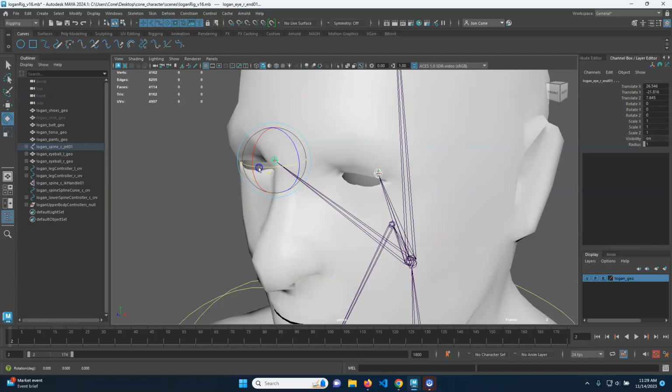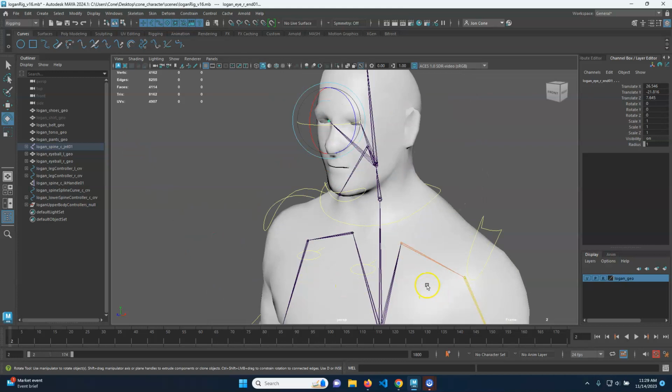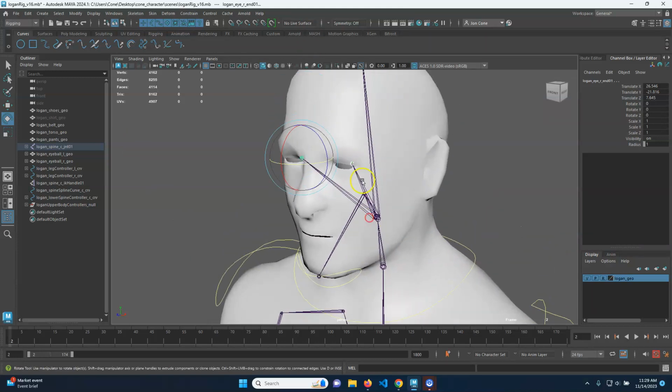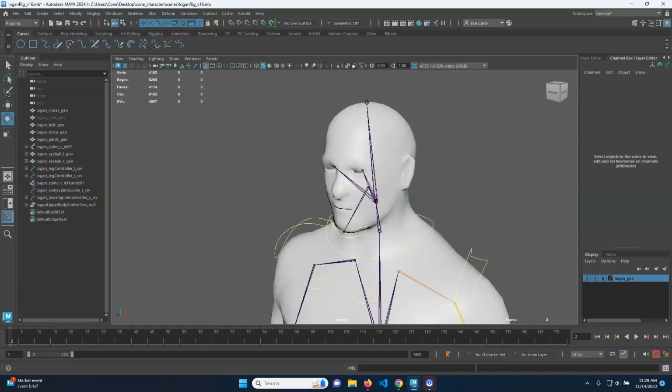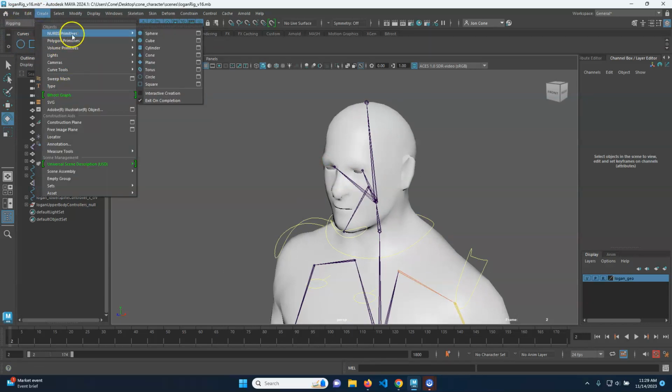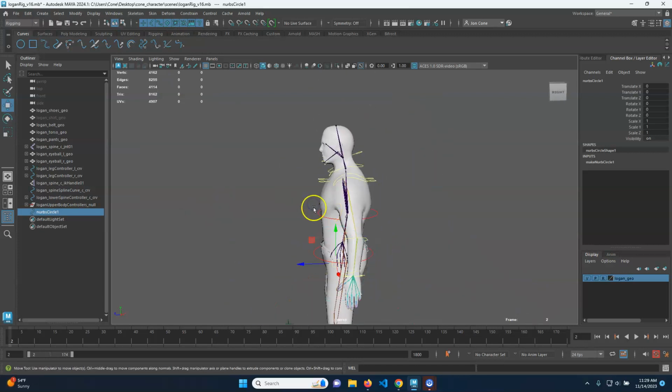You'll never see the eyes make just a general slow motion from one area to another, except for a couple instances. One being if they're looking at something moving in front of them. But most of the time the eyes are focusing on something. So instead of making FK controls and just rotating the eyes manually, we're actually going to make a different type of controller. So go to create, NURBS primitives, circle,